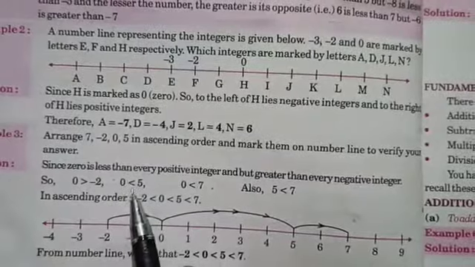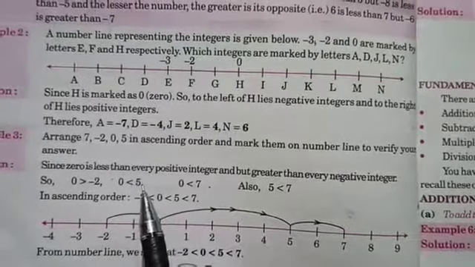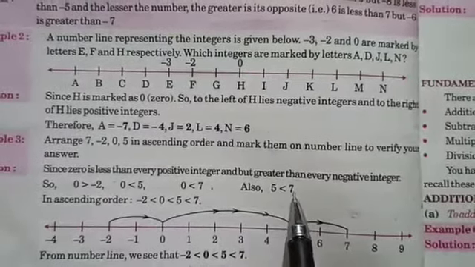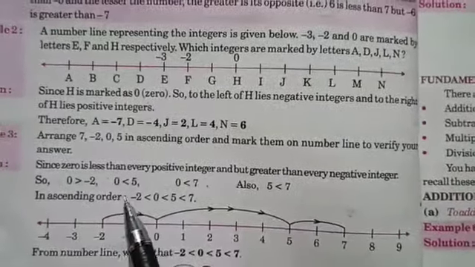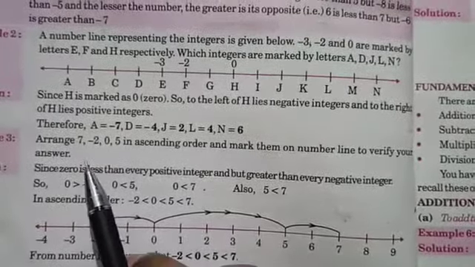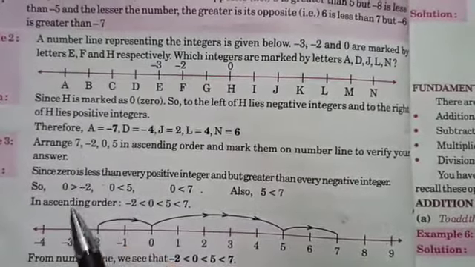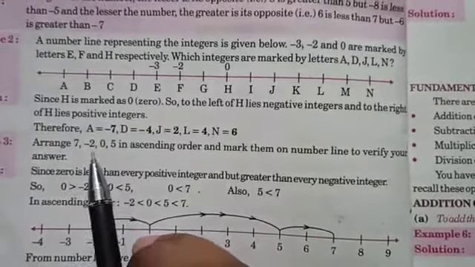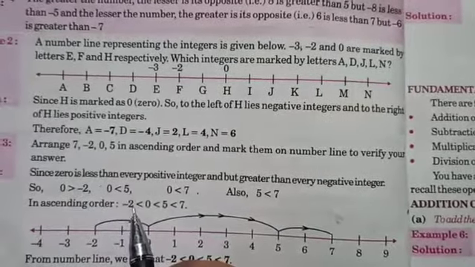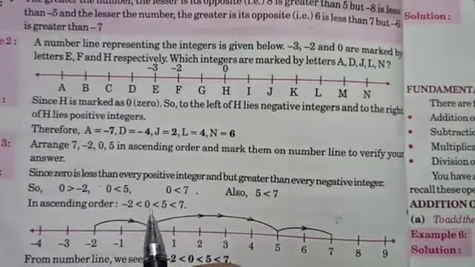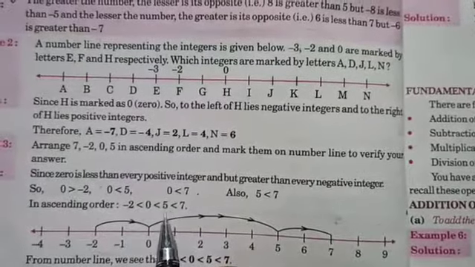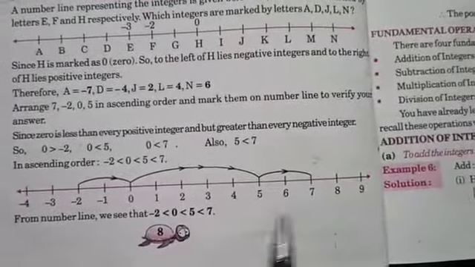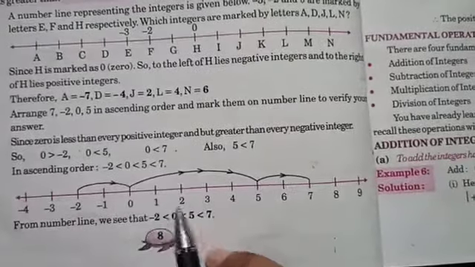And 0 is less than 5. 5 is greater, 0 is less than 7. Also 5 is less than 7. So in ascending order, which is the smaller one? Firstly, we have to put the smaller one, then we will increase. So the smallest one is -2, then 0, then 5 is greater, then 7 is greater. So here we can show on the number line 0, 1, 2, 3, 4, 5, 6,